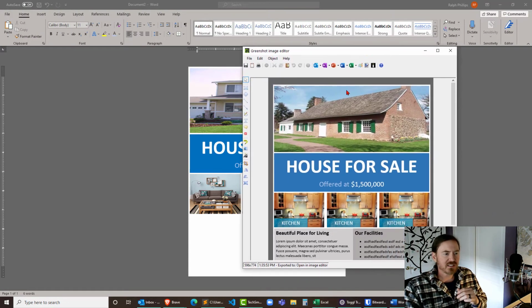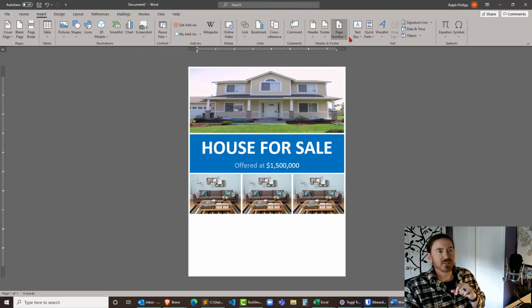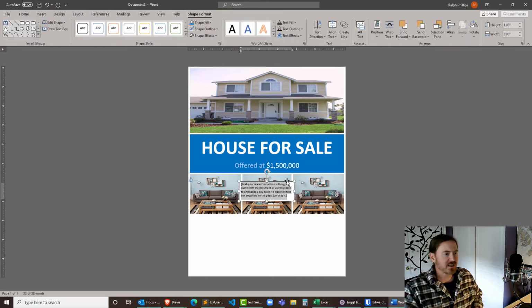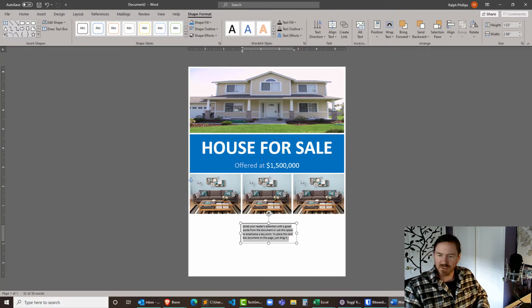Now, I also want to get these semi-opaque, semi-see-through little labels there. Those are just text boxes. So let's see. I can go to Insert, Text Box. Once again, simple text box. Don't have to use any of those fancy options. I'll just put it down here to work with it, and I'm going to do in front of text. I'm going to go ahead and select this, and I'm just going to write